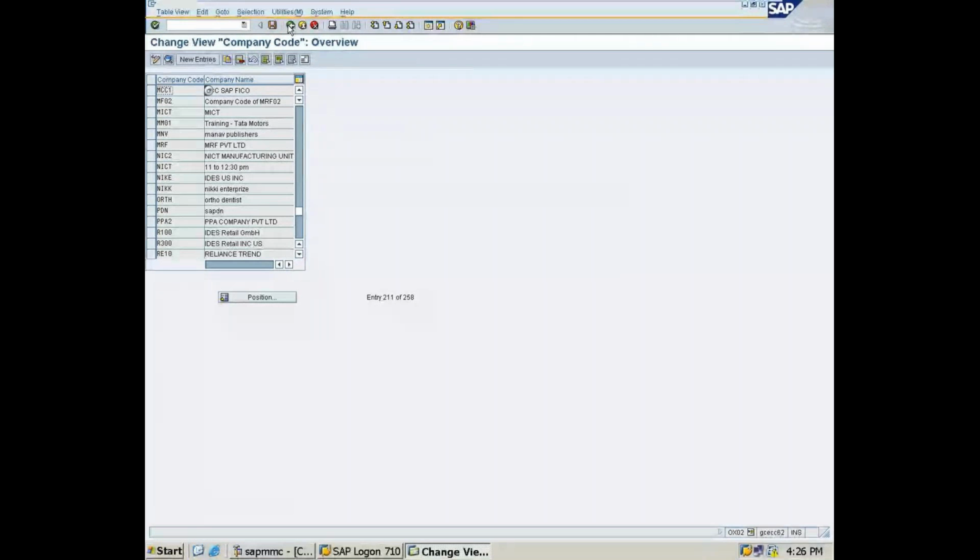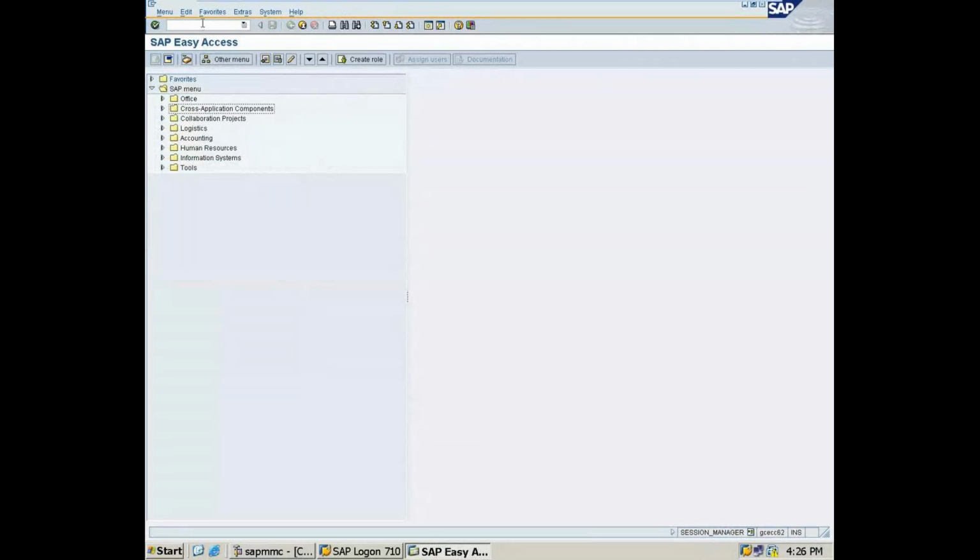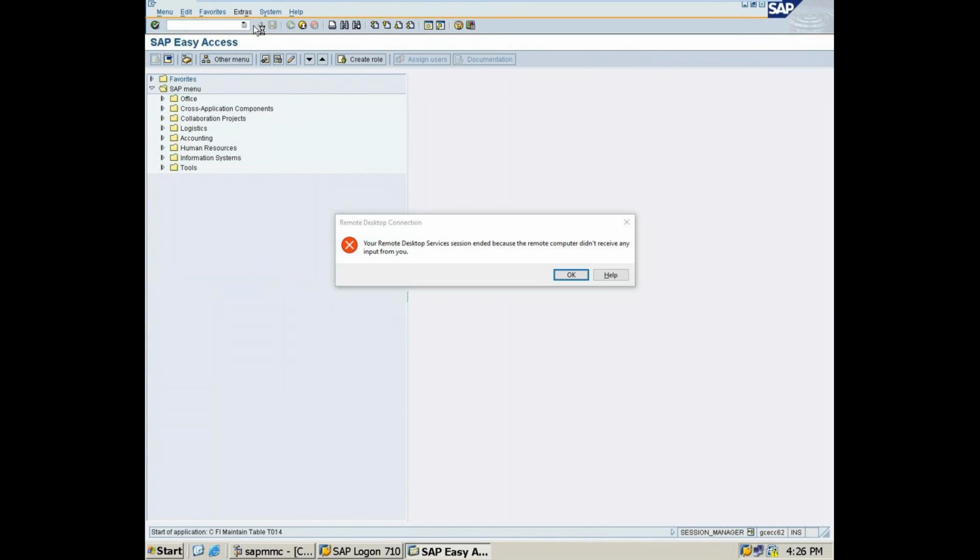Next we need to go for credit control area. What is the T code for credit control area? OB45. OB45. So press enter.